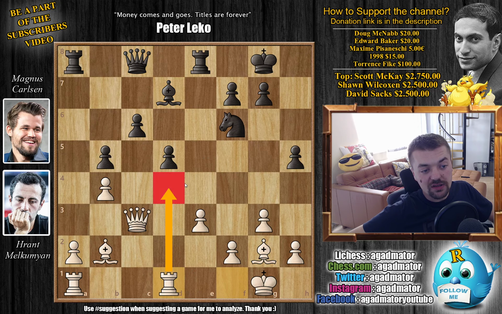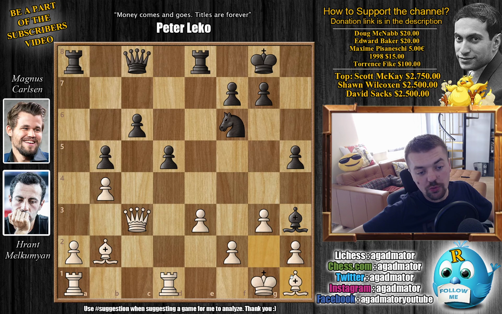Here Melkumyan is interested in going for a nice rook lift. d4 is a dark square. Magnus doesn't have a dark square bishop, so it should be fairly safe there, unless Magnus is willing to open up the position with g5. But okay, we have bishop to h3 as planned, and now white declines the trade and goes bishop to h1,